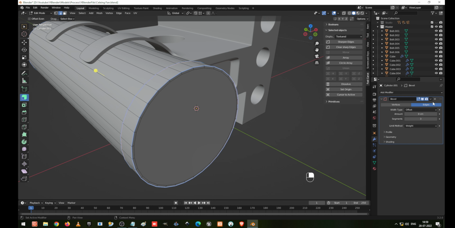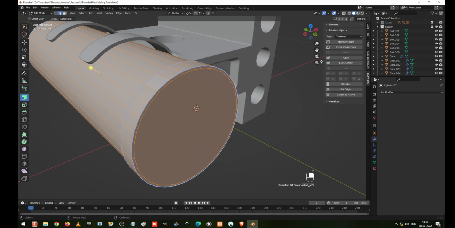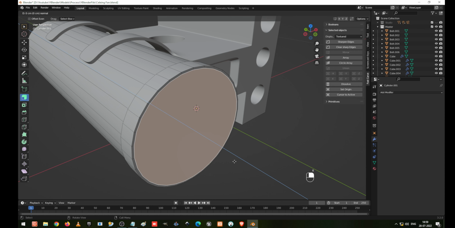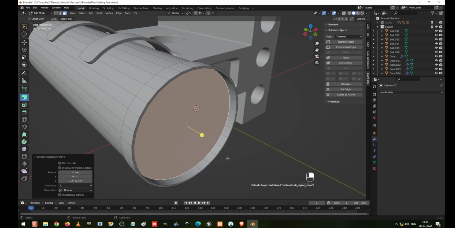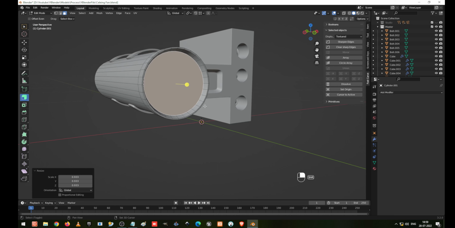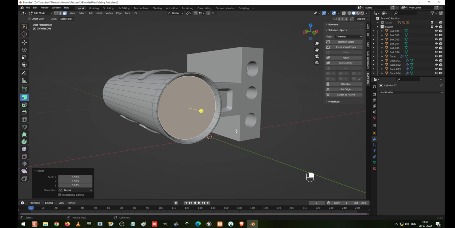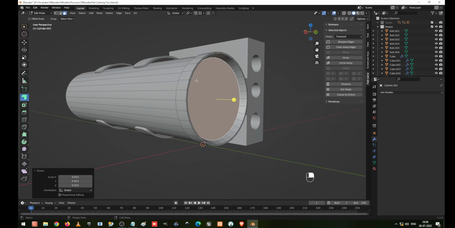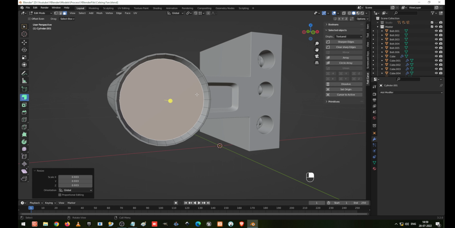Before that I just close this one which is not required. I select everything and clear the sharp edges. So now I go to the face selection and press E to extrude in Y axis. I'm going to do it and I'm going to scale it slightly inside. So this is the condenser I'm going to use for this,